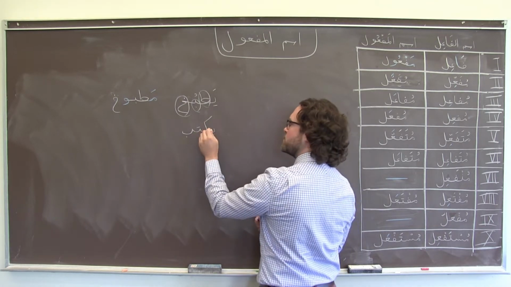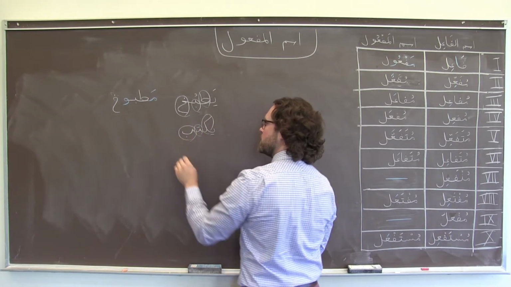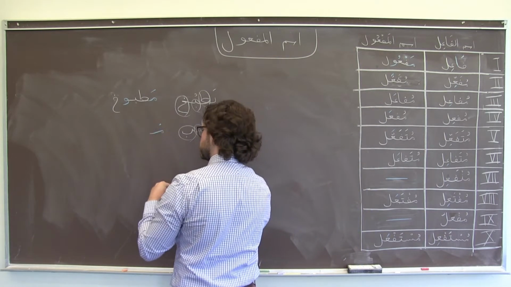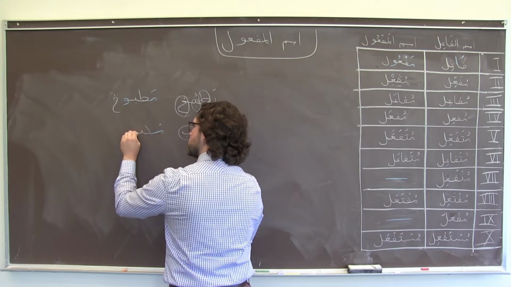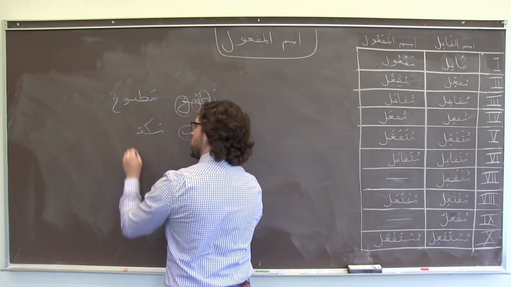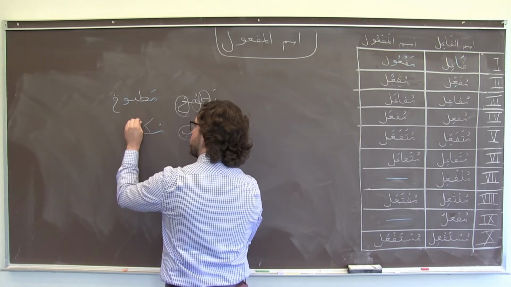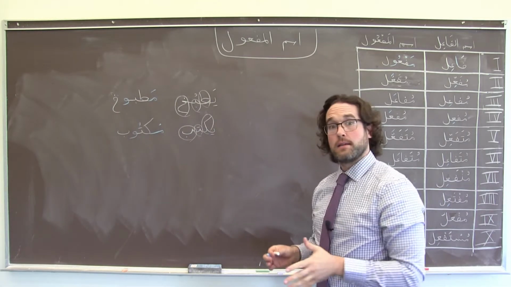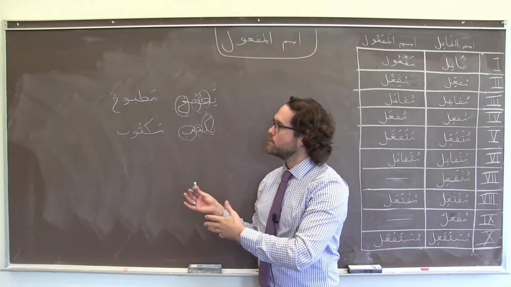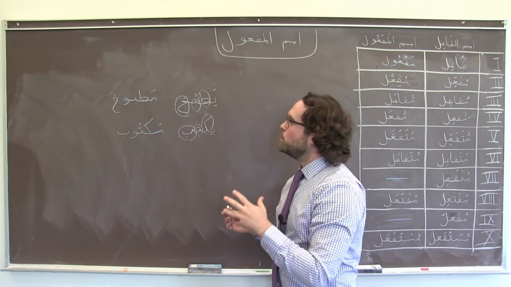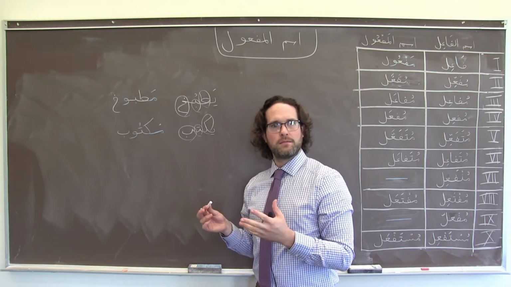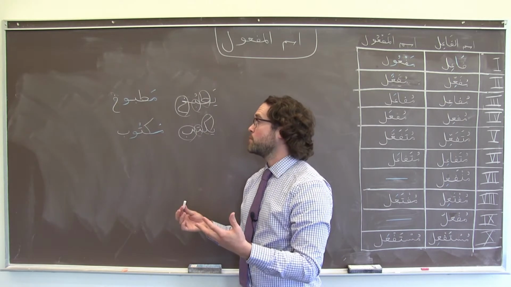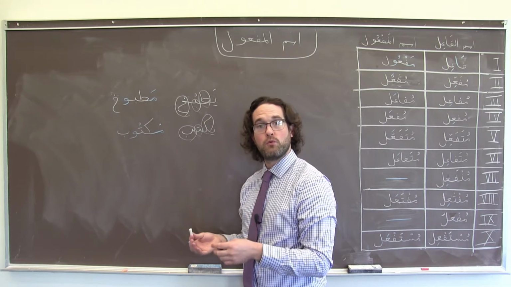Another form 1 verb that you probably know, yaktub. Again, I just extract that 3-letter judr and I put it into this wazn, and I get maktub, which means written. In context, often in Arabic, maktub can refer specifically to fate, that which is written in the book of life, and in certain colloquial Arabics, maktub is a perfectly normal word for a letter, a thing that is written.